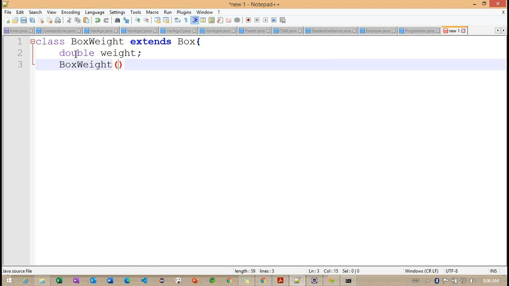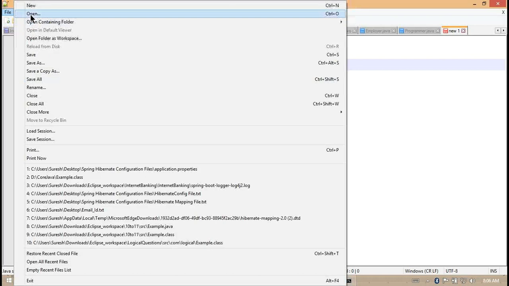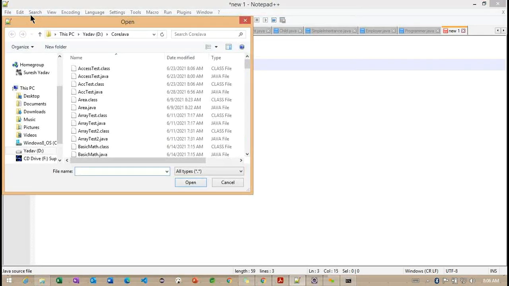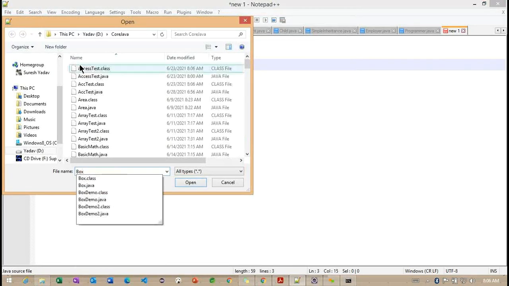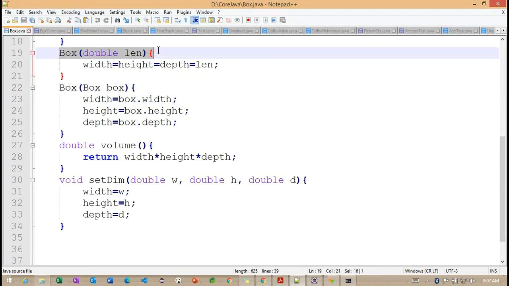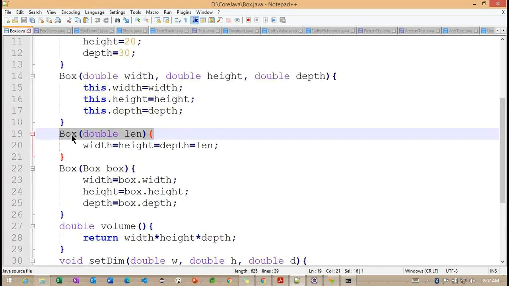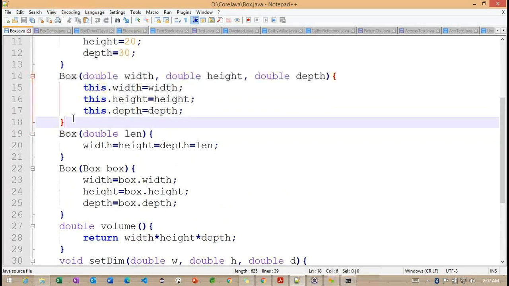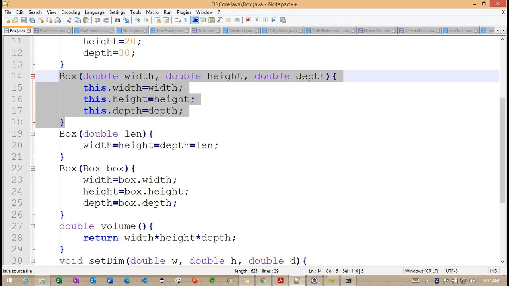So before initializing this particular constructor, we need to check the box constructor first, whether we have the three-parameter constructor or not. So this is a different constructor, and this is a different constructor, and okay, we have a three-parameter constructor here,